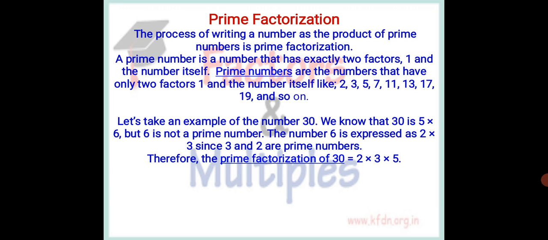So, let us understand the matter. Normally, we can write 30 is equal to 5 and 6. But this is not the way of writing 30 in the prime factorization method. Why? Because 6 is not a prime number, isn't it? When I write 30 equal to 5 into 6, it is a right statement, nothing wrong in it. But it is not the way to write 30 in the prime factorization method.